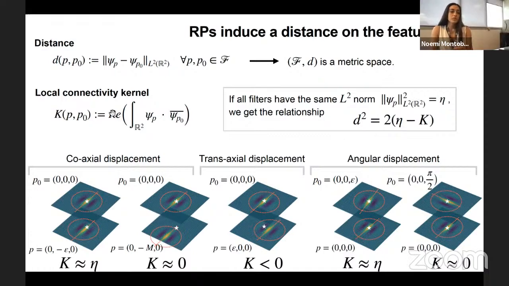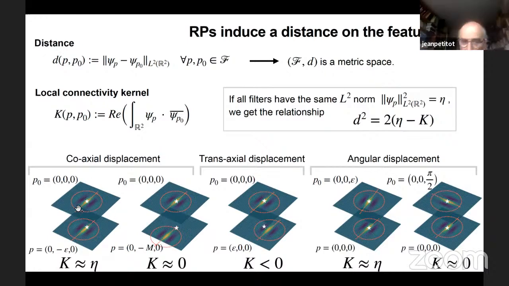So now to compute the kernel, what we do is just take the integral of the product between two filters. So basically we are interested in what happens when we superpose the two filters by possibly shifting them. So just to give some intuition, I'm showing here some possible configurations that we can have for Gabor-like oriented filters. So if two filters are oriented the same, but they are just slightly shifted along the axis of the preferred orientation, what happens is that the product is still positive and the value of their integral, so the value of the kernel, is still high and close to the maximum.